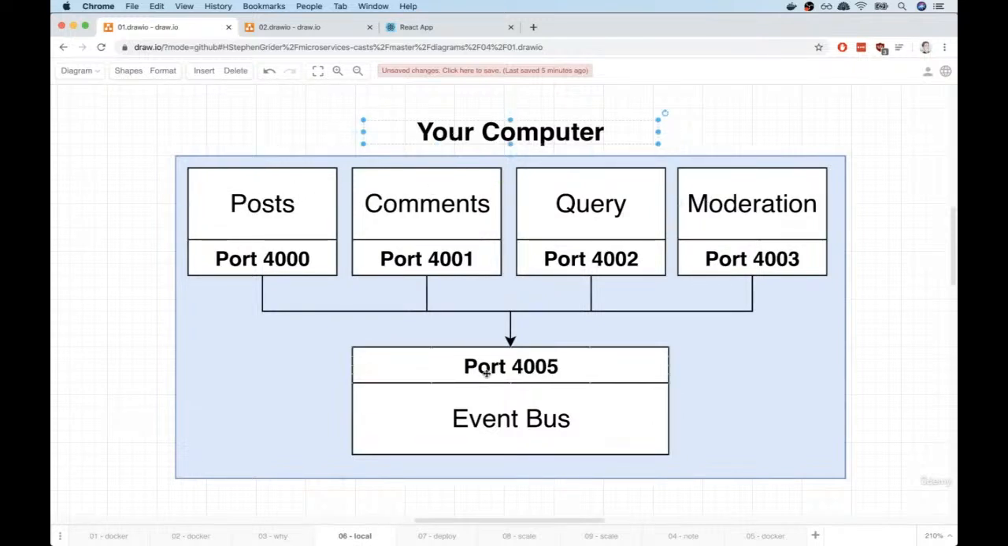We've got post, comments, query, moderation, and event bus. They're all running on some very specific ports, and each of them can reach directly out to the other services and send messages, make requests, whatever is required. It's very direct and simple communication between each of our different services. So how can we somehow take this same kind of structure, make as few changes as possible, and deploy it